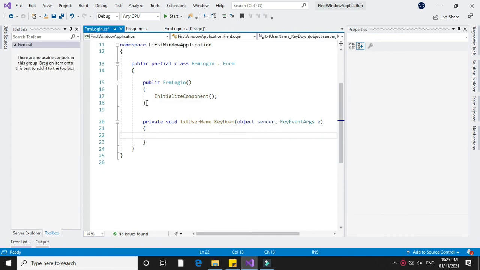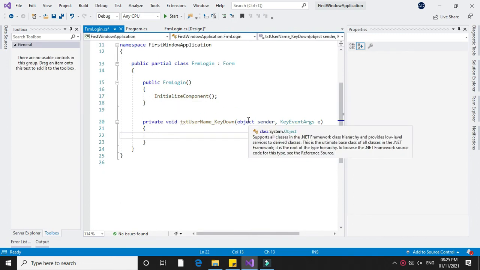So it will create the key down event. In key down event, we will check which key is pressed, and if the entered key is enter key, then it will set the focus to password.